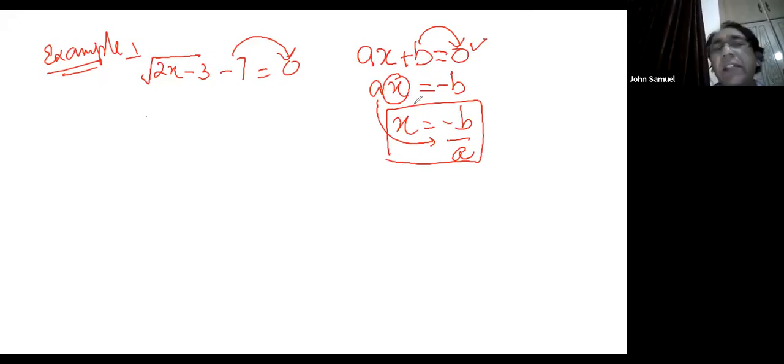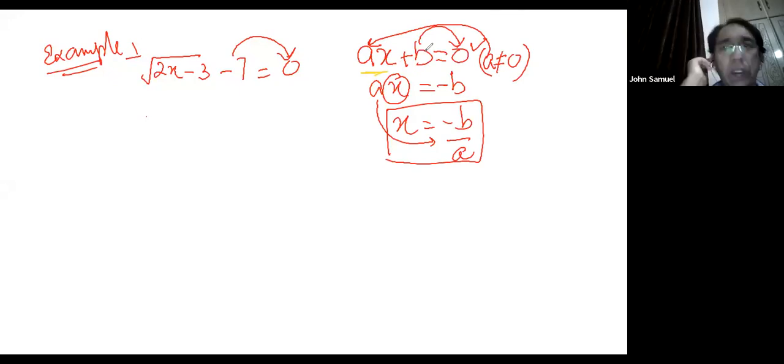This is the original equation, the standard form or the general form. Remember, A can never be equal to 0. If A is 0, then this whole term would be equal to 0 and there will be no linear equation. So from the original standard form we will move to the other one.